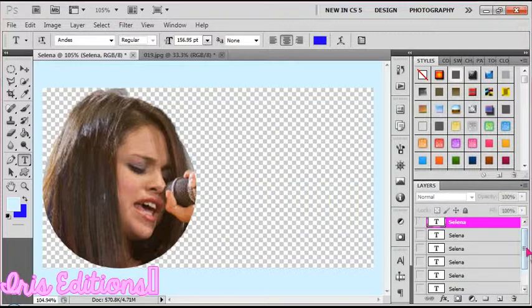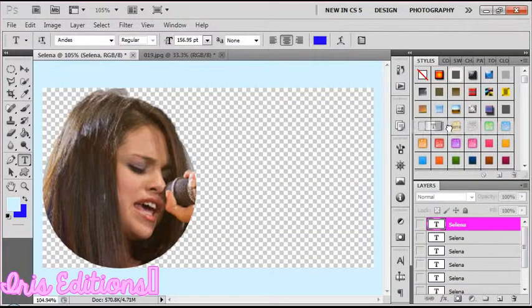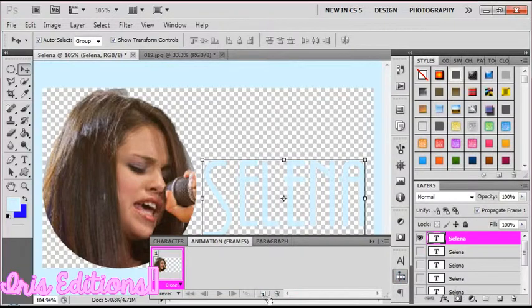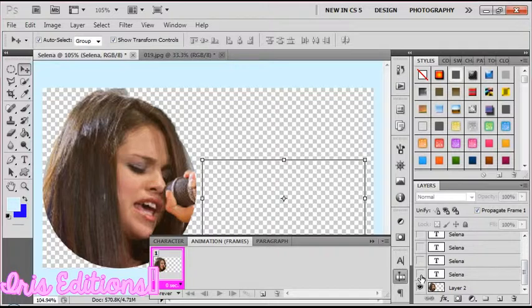Hide it. And the first one, make it on top like this. And use the animation tool for it. And hide. And that.